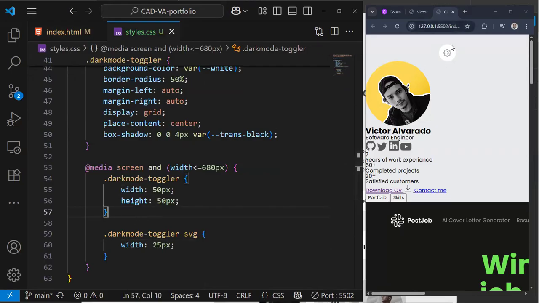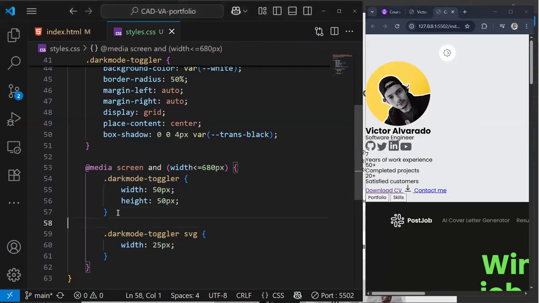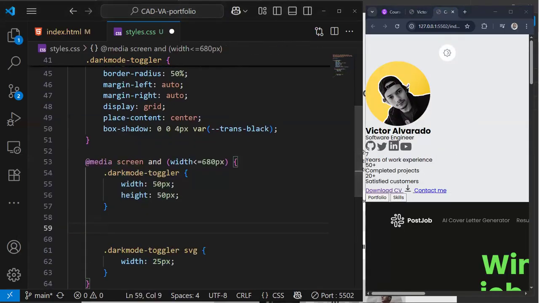Now the issue is the color. You can see that the color of the icon is not right. So here we have a gray icon, here it's black. So we need to make sure that the color is good, right? So we're gonna,